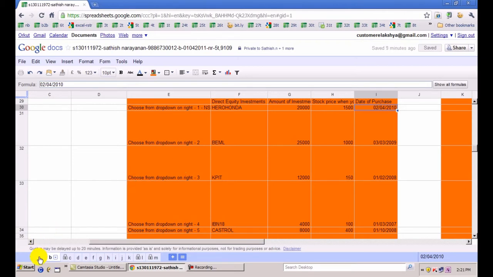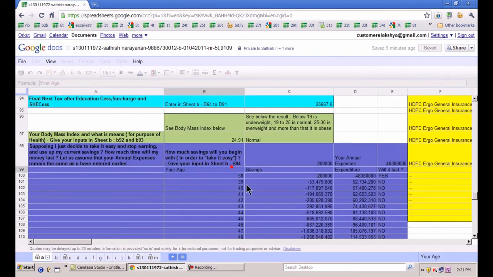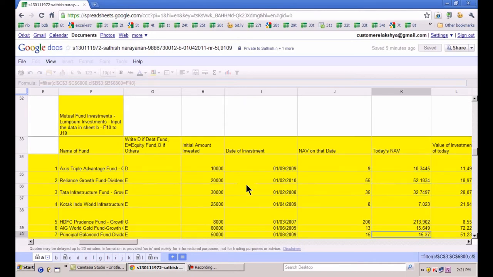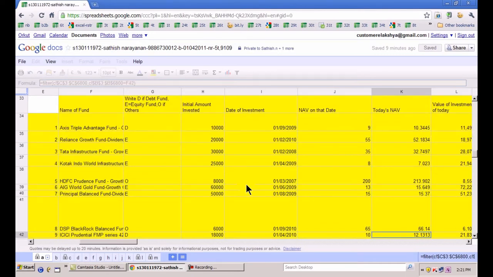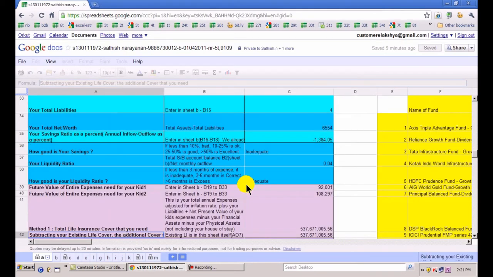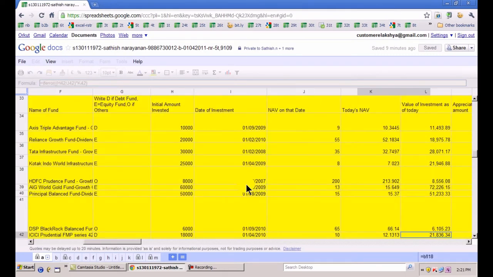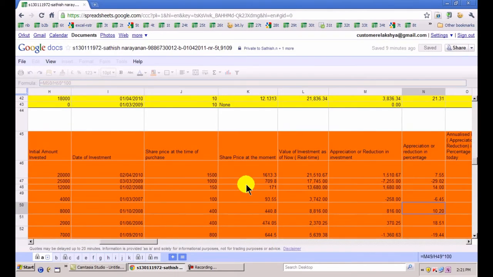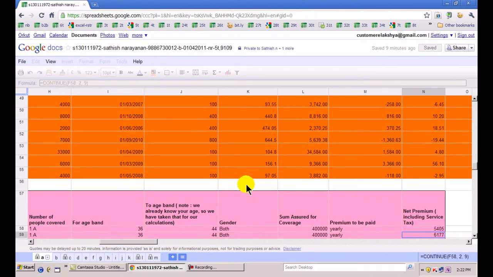The minute you do that, go into sheet A and those respective columns. I will just pause it. Yeah. So this is the mutual fund data. You can see the NAV as of today, which integrates to your total financial planning and how much money is available as of today, value of investment as of today, total value of investment as of today, annualized returns, total returns, whatever. I mean, all kinds of calculations would be there right on the left, right in column 1. So it updates constantly on a daily basis your mutual fund NAV. It updates on a minute-to-minute basis your share prices, and it gives you the current value.